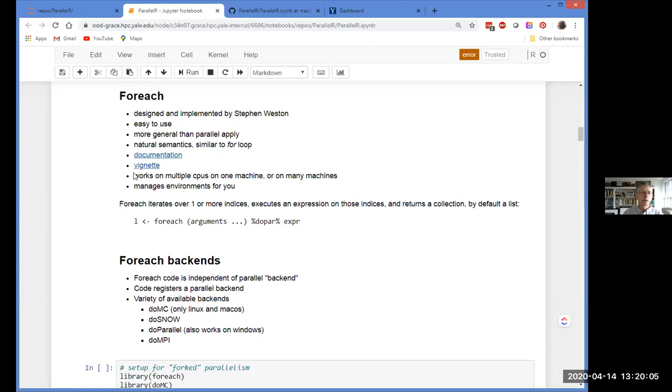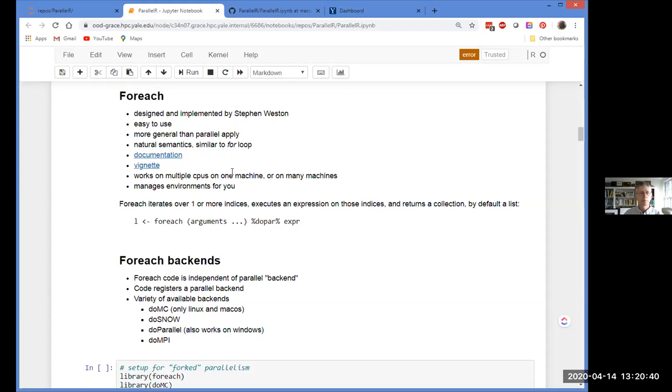The nice thing is that it works on the two important contexts in which you want to run parallel programs, either a single machine with a lot of CPUs or many machines that are connected with some sort of network and also have many CPUs, each one of them. So it can span both one machine with lots of CPUs, which is what the original multicore did, and many CPUs across many machines, which is what Snow did.